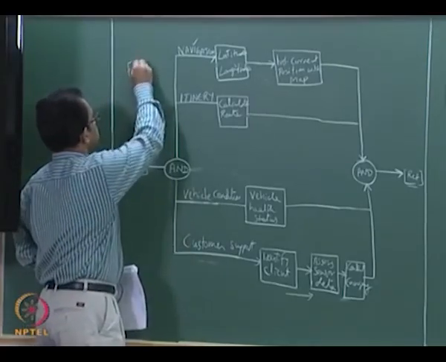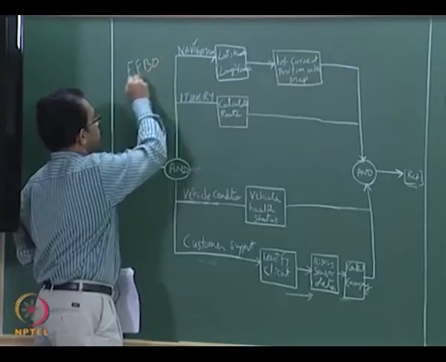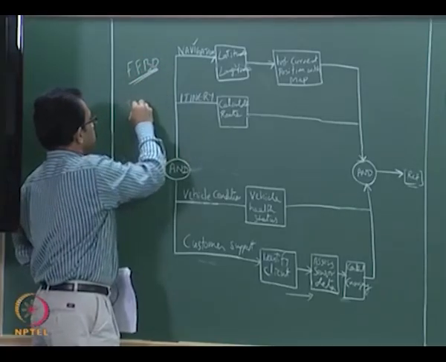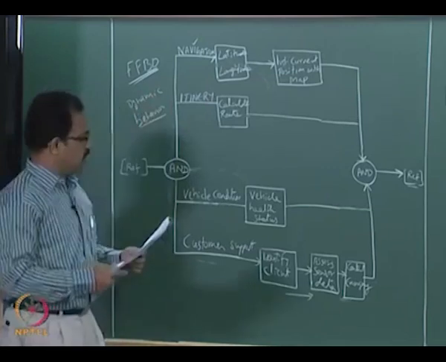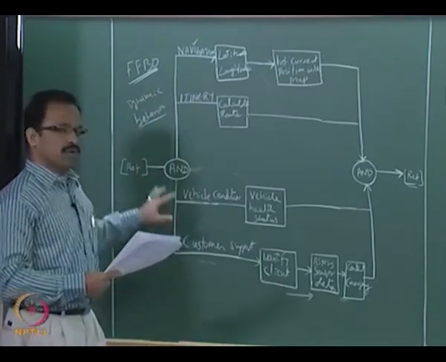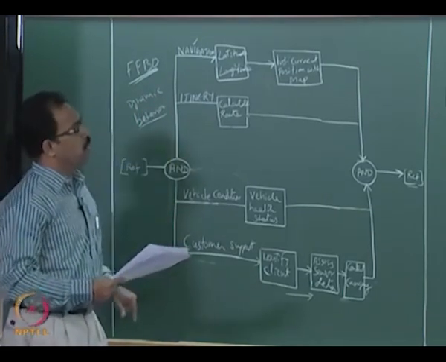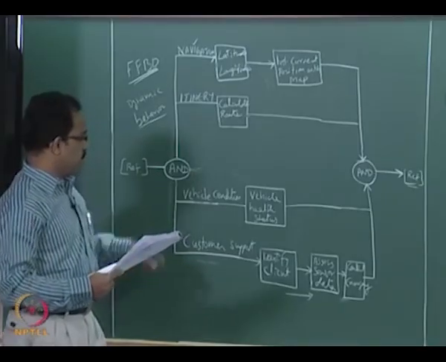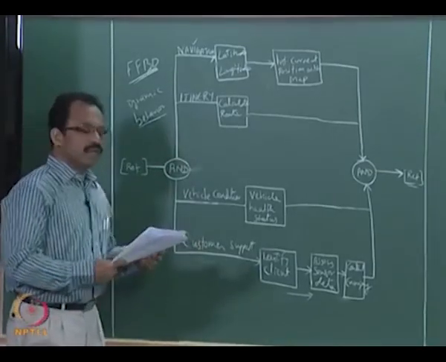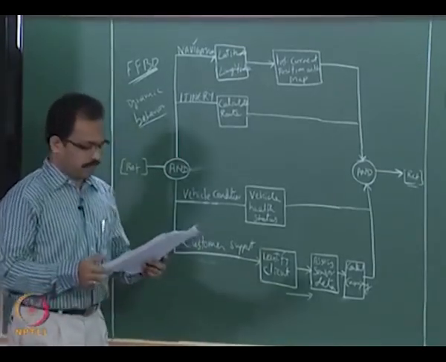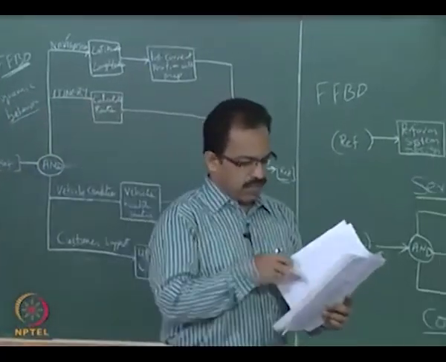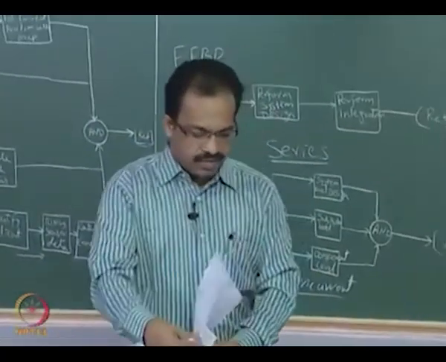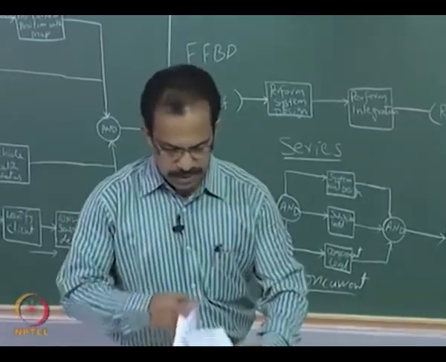So we are using the FFBD, that is the functional flow block diagram, to represent the dynamic behavior. So that is an example for the auto link system, and how do we use the function flow block diagram to represent the dynamics of auto link system. This was an example for the function flow block diagram, and the next method is, we have this method called